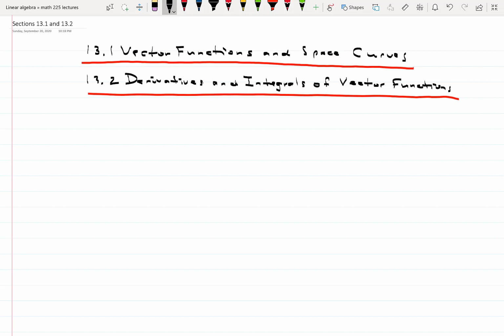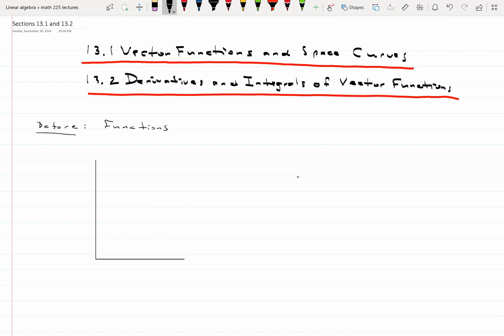Let's take a look at what you've studied before, not everything, of course, and compare it to what we're doing in these two sections with vector functions. Before, or up to now, you studied functions. Functions are extremely important quantities, objects in STEM field mathematics, and a function can be interpreted as, this is all old news for you,